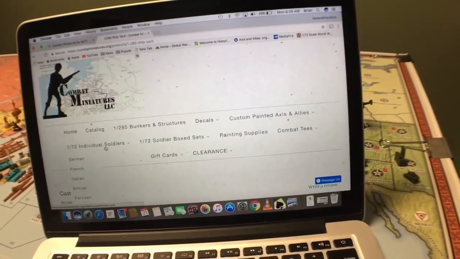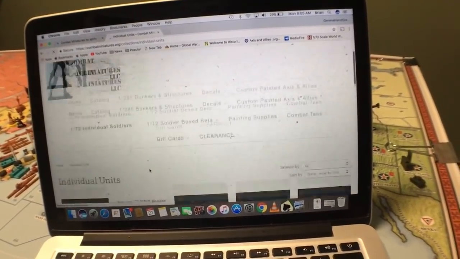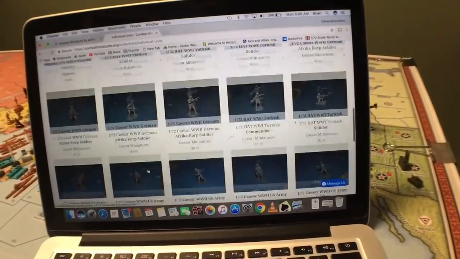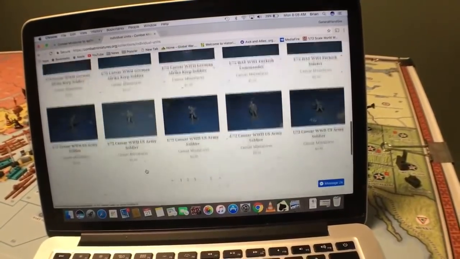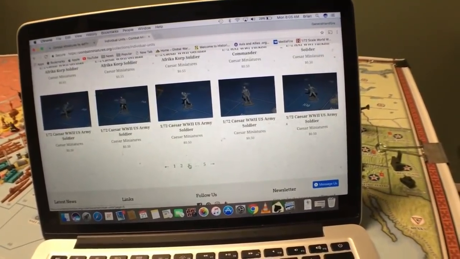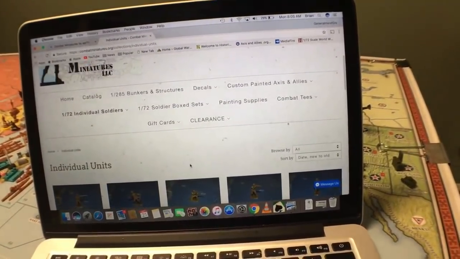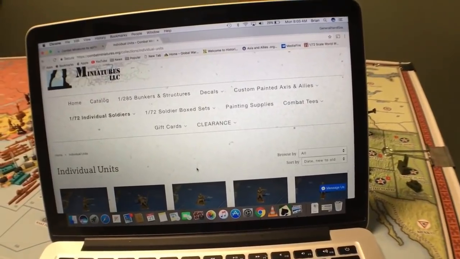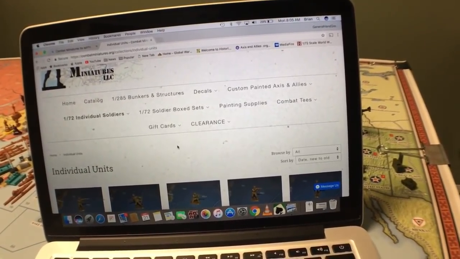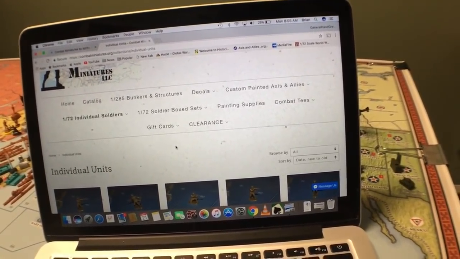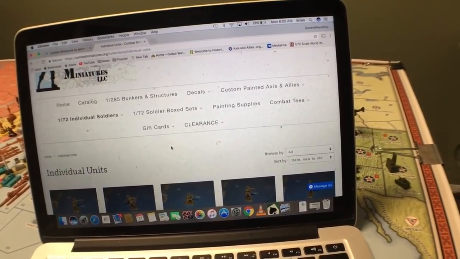Like you can get the little plastic soldiers, like I said. He shows you all. So you can get individual soldiers, or you can get boxes of them. Which is kind of cool. I usually buy boxes, right? Then there's t-shirts, and what I mostly like the site for myself is for the structures,